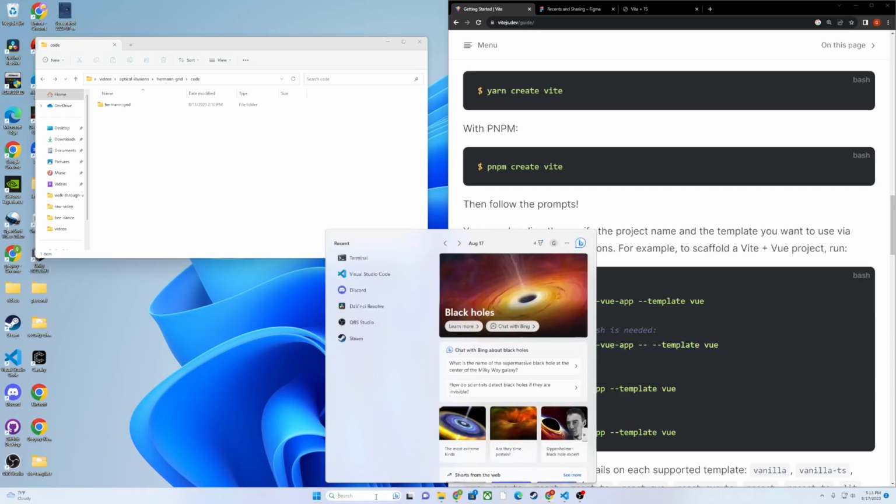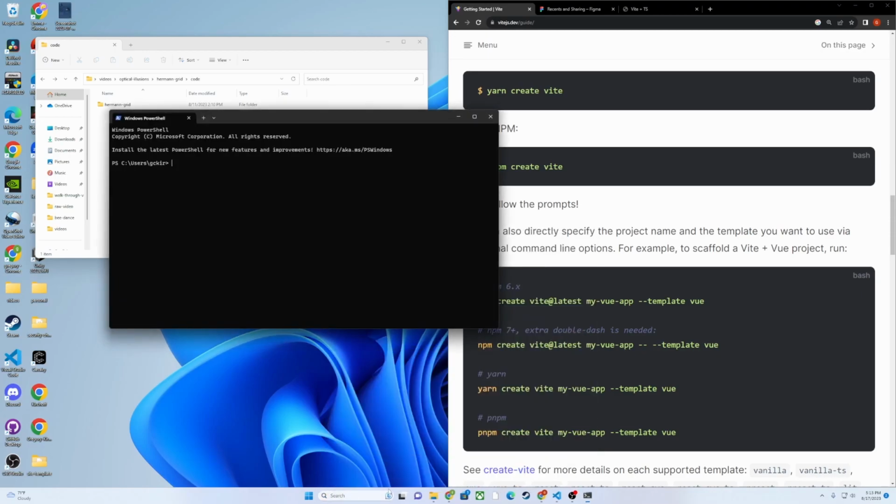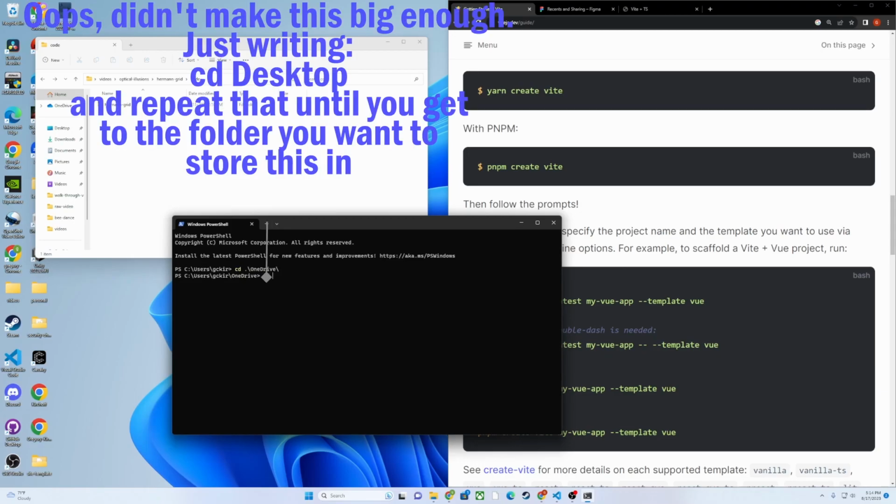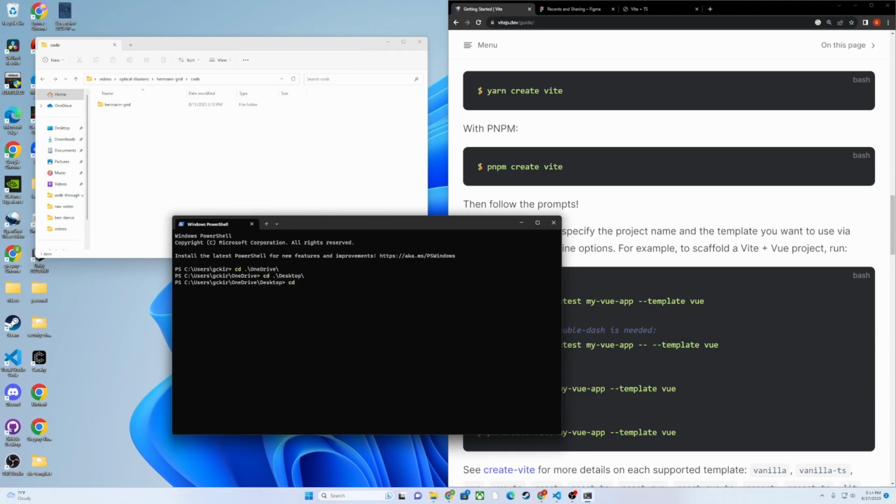I'm going to open up my terminal. And because I'm on a Windows, for some reason to get to desktop, I have to CD into OneDrive, CD to desktop. Now that we're here, I can go to my videos folder. And then inside of there, I can go into Optical Illusions, Hermann Grid, and then I believe it was in Code. And now that I'm here, it has this one, and now I'm going to clear this,